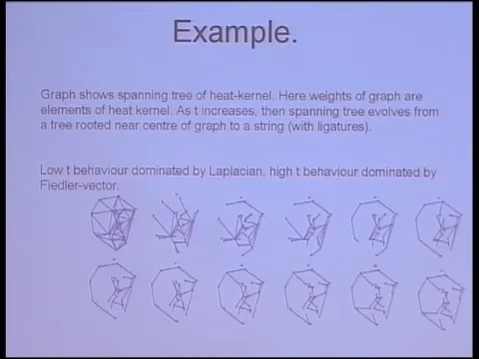So in this, I've taken this graph, I've computed its heat kernel, and I've associated with each edge a weight that is the corresponding element of the heat kernel for a pair of nodes. And then I've computed the minimum spanning tree of that weighted graph, where the weights of the graph are in fact the elements of the heat kernel. And what you notice is that